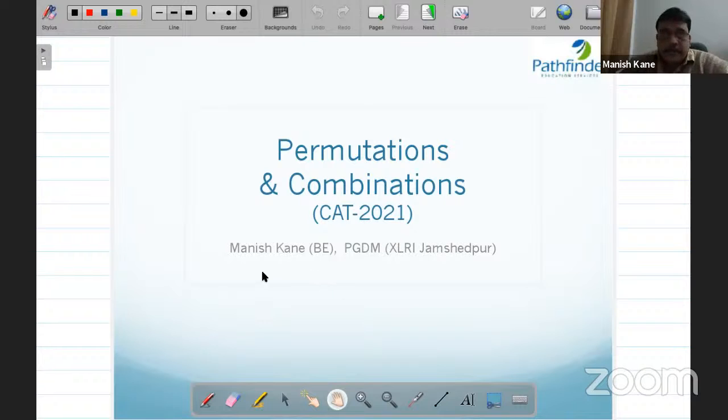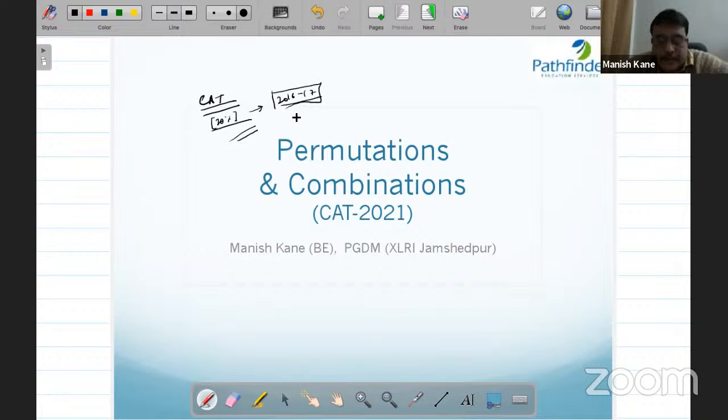So permutation combination is a very important part of CAT and MBA preparation. If you think of CAT, as I told you in the last class, permutation combination and number theory account for roughly 20% of the questions. That has been the case since 2016, 17. And last year also, that is 2020, there were around 5 questions out of 26 which were based either on permutation combination or number theory, mostly number theory in 2020, I guess.